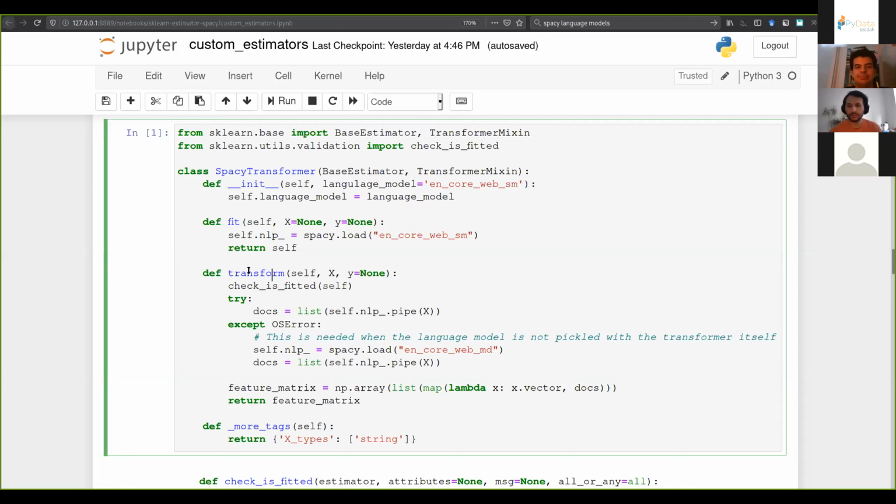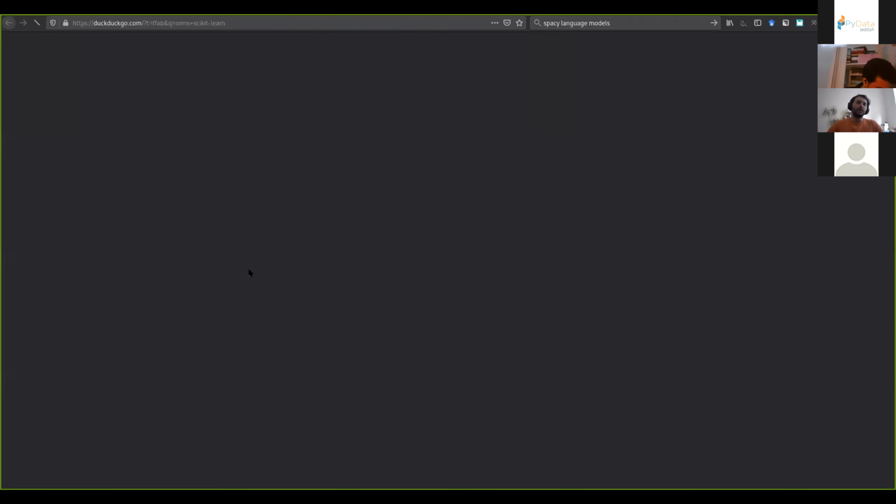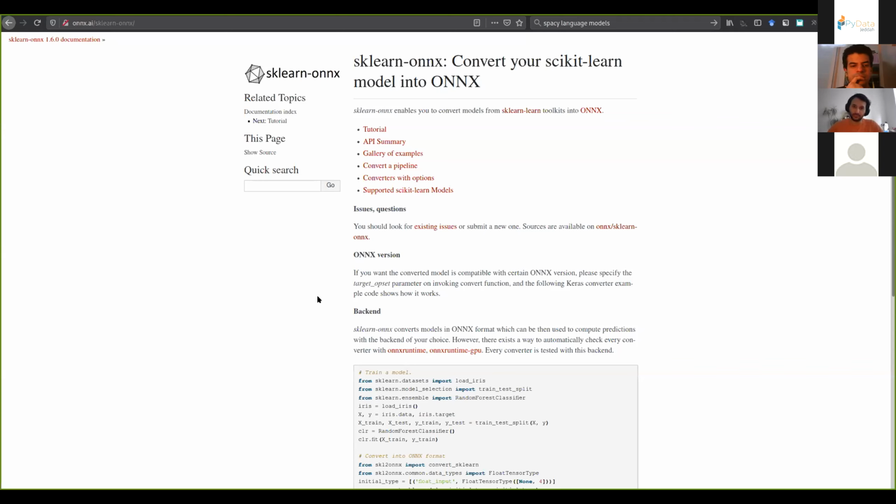In terms of deployment, so these things really help with deployment, but there are limitations to deployment in Python or using these tools, which you have to deal with, but not always. If you, for example, if you use very standard scikit-learn methods, you don't have anything custom, you can use Onyx to deploy your models. I'm not sure if people are familiar with that. Onyx is you could call it a language, I guess, and a runtime developed by Microsoft,